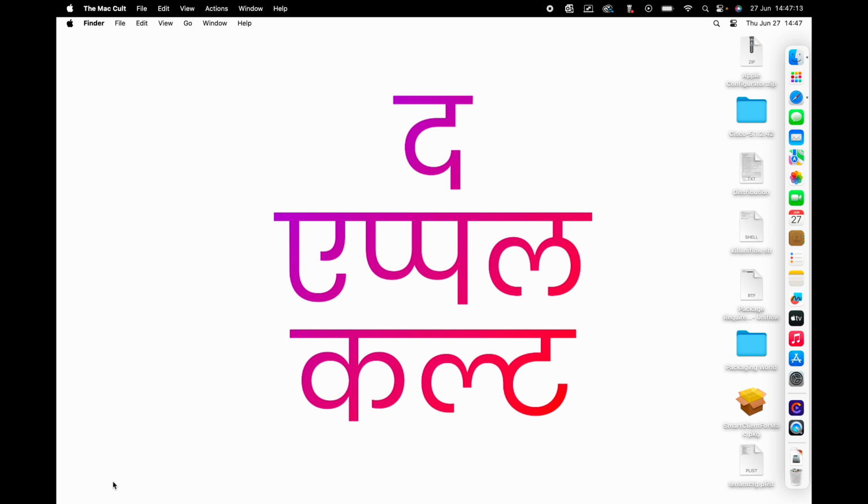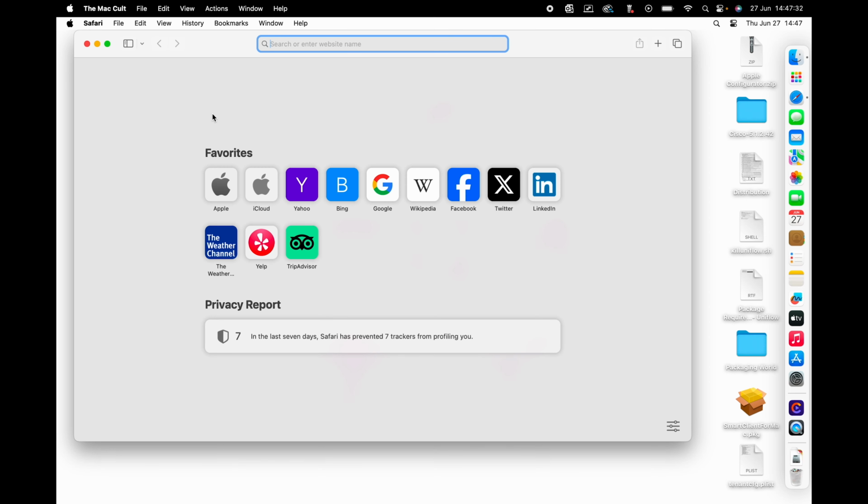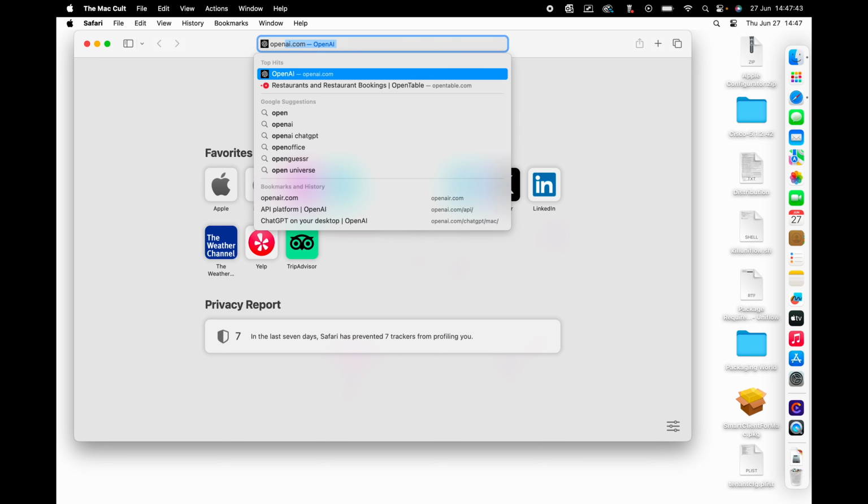So today, the topic is very simple but very interesting. 2 days back, which is on 25th of June, OpenAI said that they are going to launch ChatGPT, which you could run on Mac directly. So what we are going to do today is just install that application, try to run it and see how it works. Yeah, to install the application, you have to go to